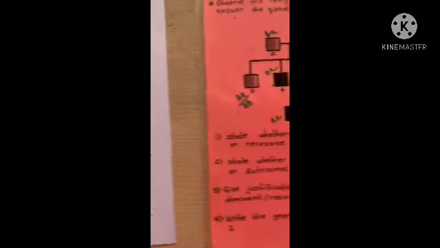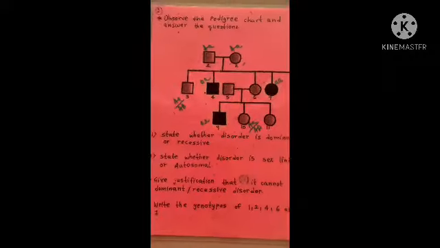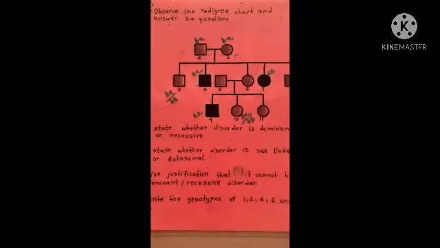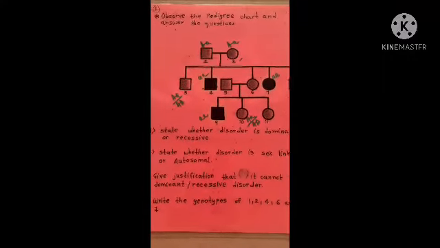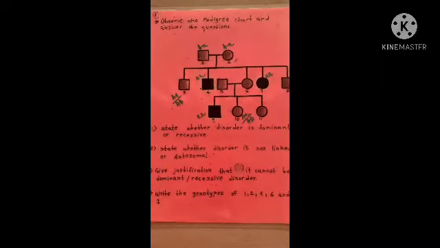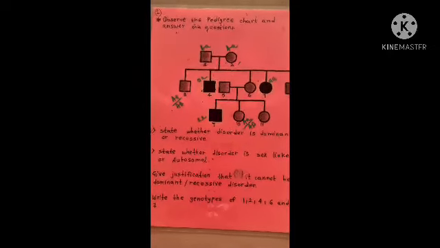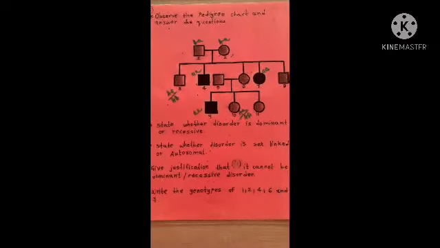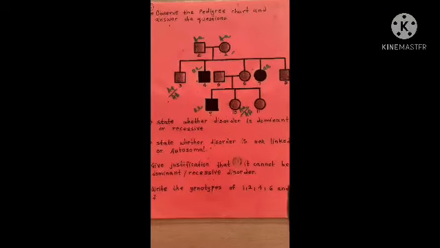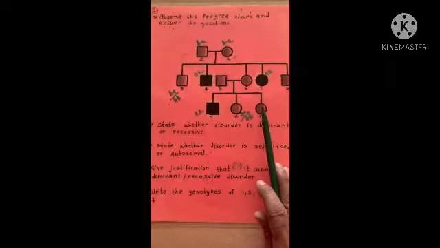Okay, now we'll see some of the charts we'll be doing, at least 5 charts, so that you are able to analyze the similar type of charts that will be given to you in the board examination. So the first chart is that the question is given: observe the pedigree chart and answer the questions. Okay, so if we see the chart, just go through the chart. This I have written right now, but in exam this will not be given, genotype will not be given.